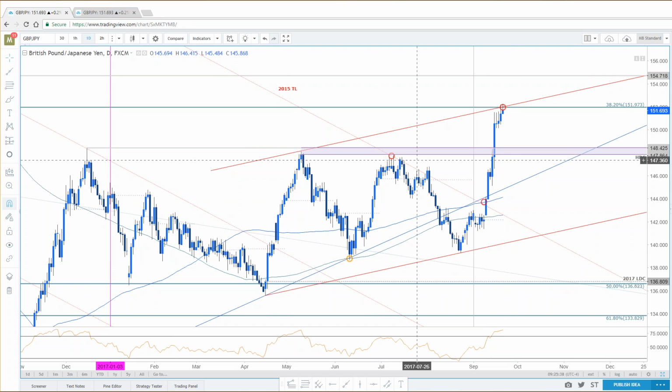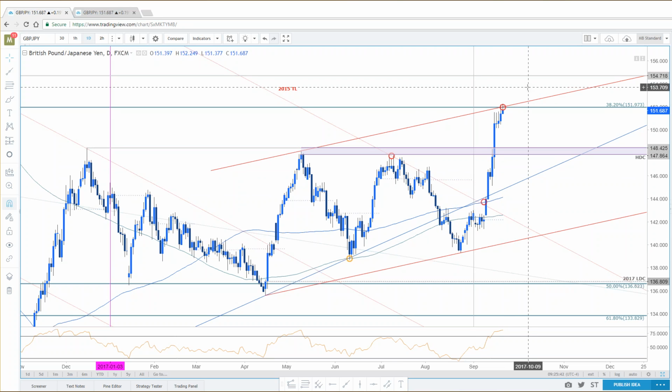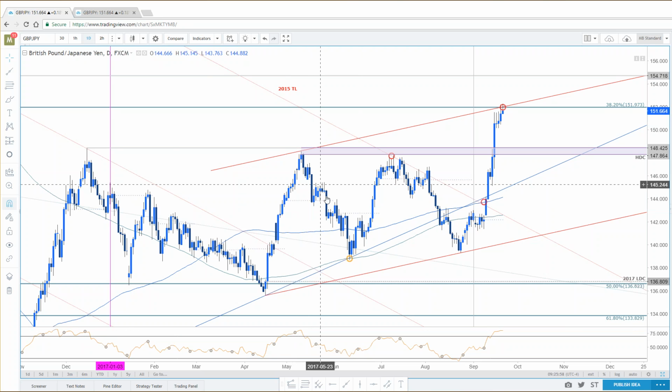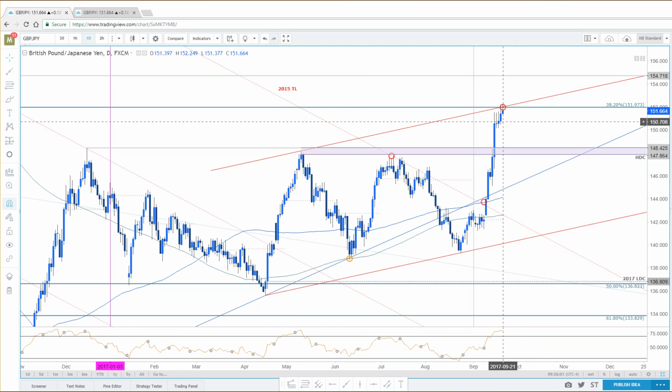There's your 2015 trend line. Again, the daily chart looks much cleaner. Straight breakout, plain and simple. You don't want to get too cute. And momentum is in overbought territory. And as long as the overbought condition persists, the market has the propensity to push higher. So if we break below 70, then you'd look for a little bit larger of a correction to the downside. We haven't seen that yet.